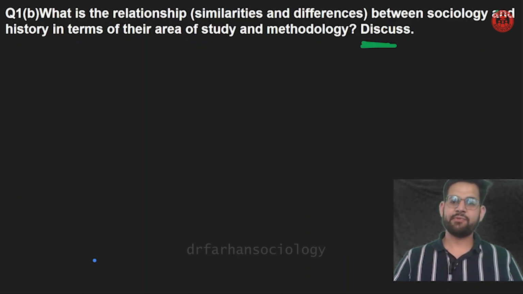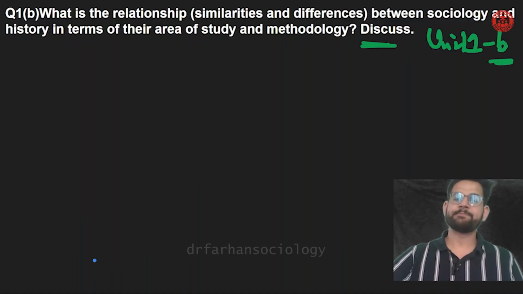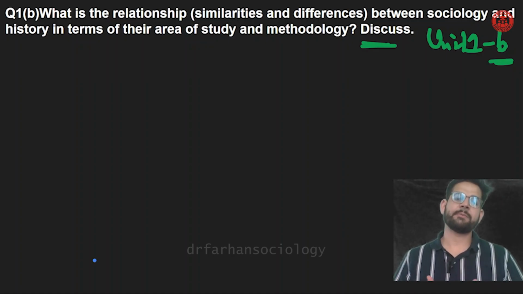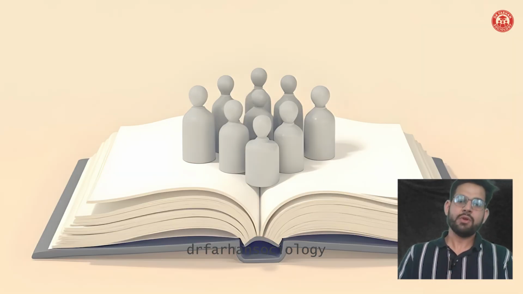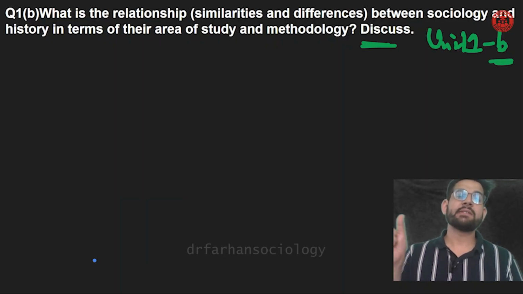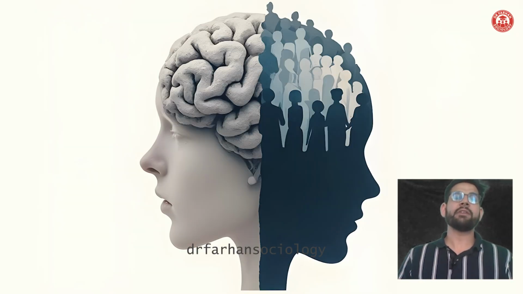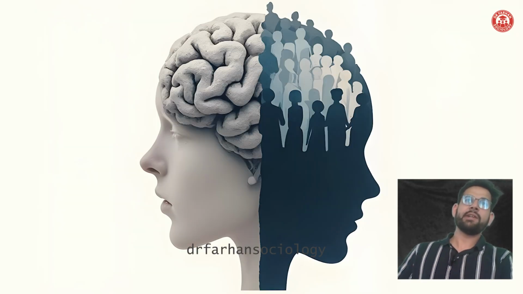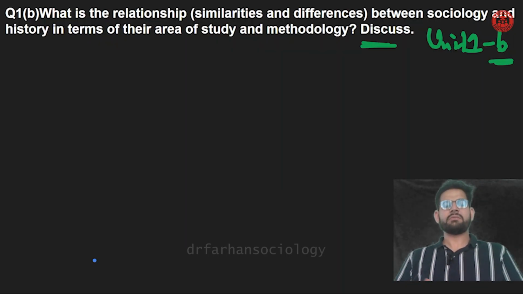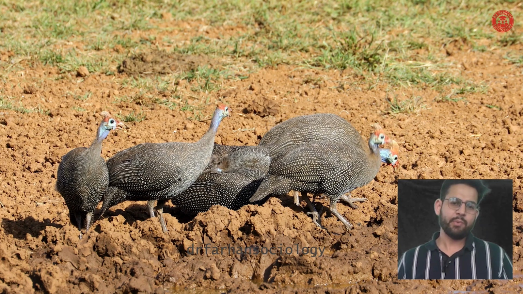It has been asked from your unit 1 and the second part that we are having, comparison of sociology with the other social sciences. Sociology is one of the disciplines that we are having in social science, yet it is distinct and has got its own uniqueness. This uniqueness is something that you should be aware of, because somebody will come and say sociology is the study of individuals, or society is the study of human beings. Yes, psychology is also the study of a human being. But what is the key difference?